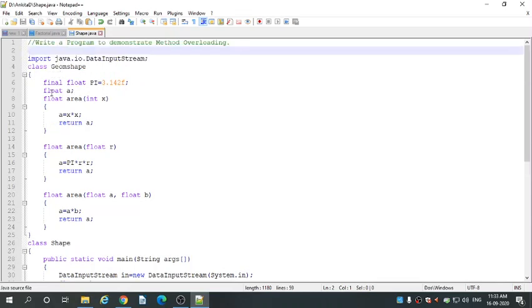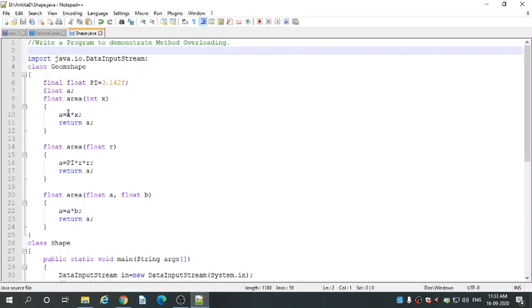Class geom_shape. Final float pi equal to 3.142f. These are variable declarations. Okay. Pi equal to 3.142f, this is the floating point value we assign to the pi variable. We have written here final.